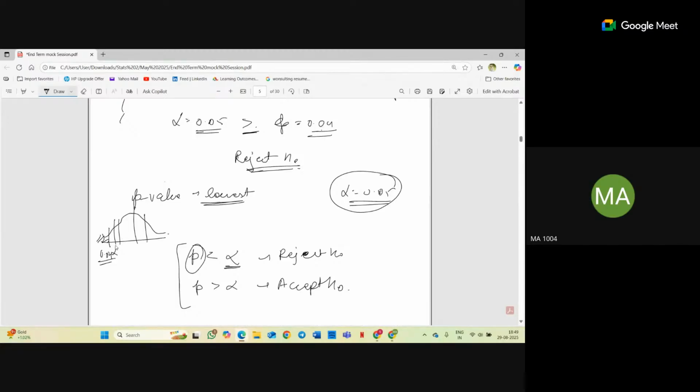Correct or not? This is my 0.05. Let's suppose this alpha is 0.05 and my p value is coming out to be 0.04. Then also I would be rejecting my H naught. Yes or no? Yes, ma'am. So if it is right tail or left tail, the same thing will apply to both of the cases. If my p value is less than my significance value, then I would be rejecting my H naught. And if my p is coming greater than alpha, then I would be accepting H naught, whether it's a left tail test or a right tail test. The same thing will apply here as well.